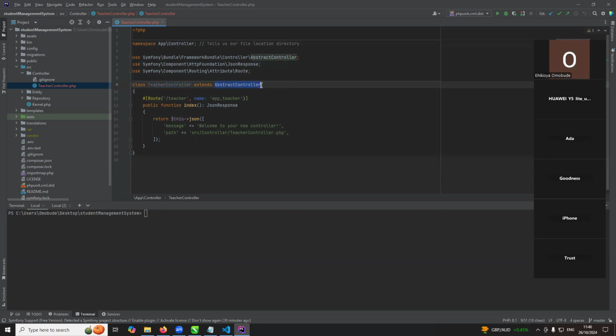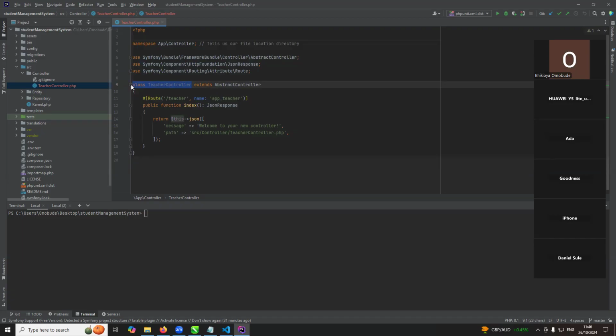So what is extend? Extend is just you saying, I'm an extension of my father. So my father is the parent, I'm the child. So that's what this line just means. So this is the parent. More like inheritance. Exactly, inheritance. I'm breaking it to the barest minimum: inheritance. So every controller class must inherit from an abstract controller,